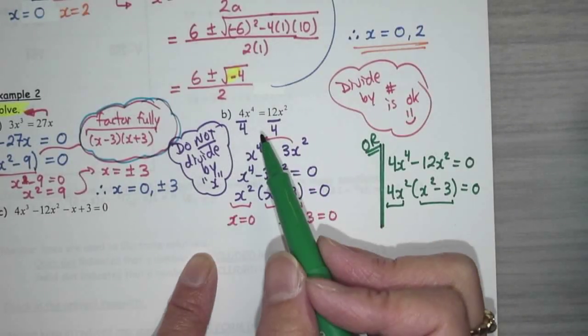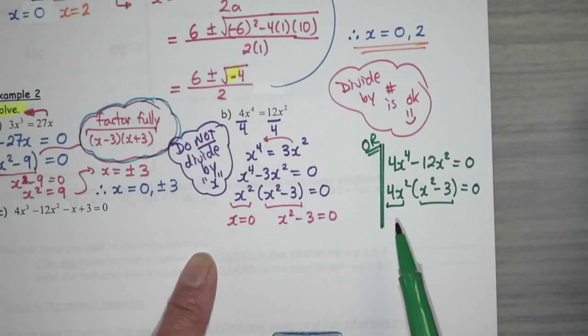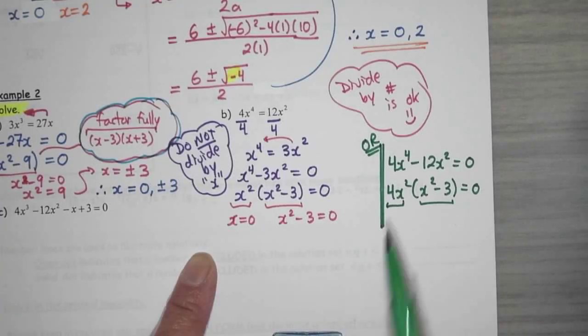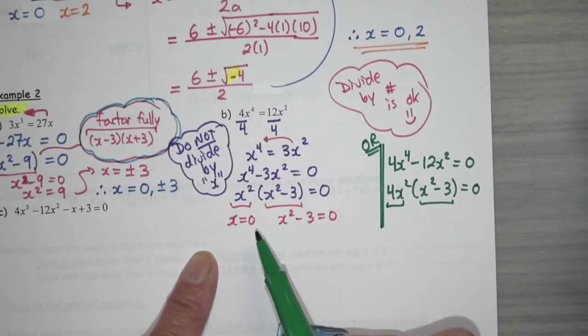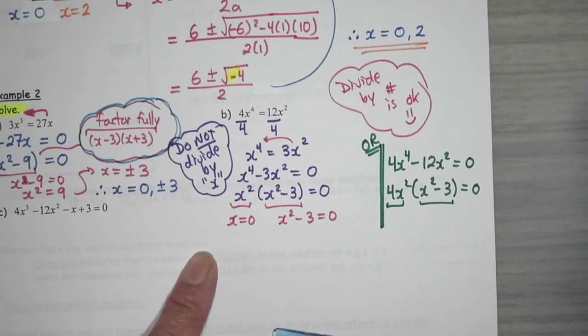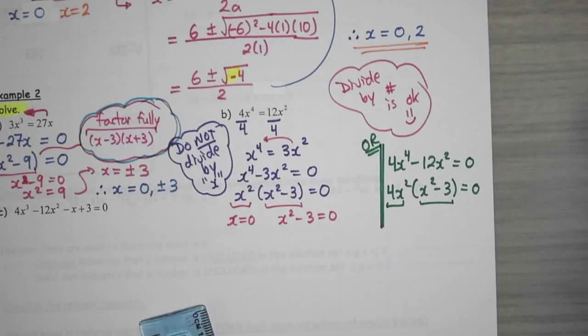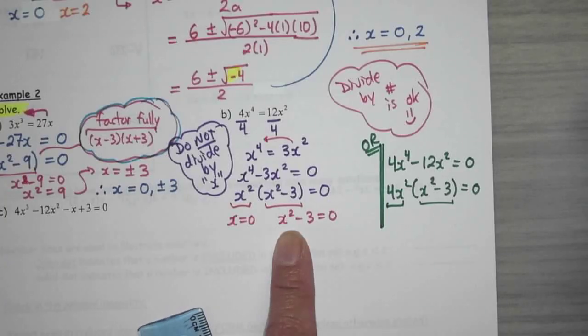That's why dividing by 4 didn't get rid of an answer. Dividing by an x squared would have gotten rid of an answer, because you're creating a rational expression where one wasn't, and then popping out holes. Okay. So now, when we solve this, sometimes what happens with these is